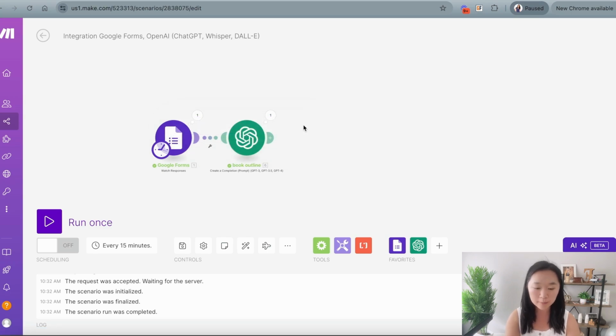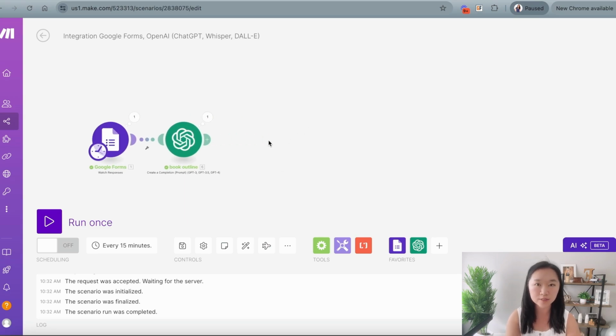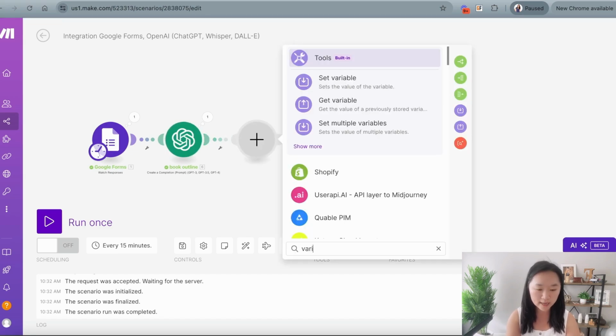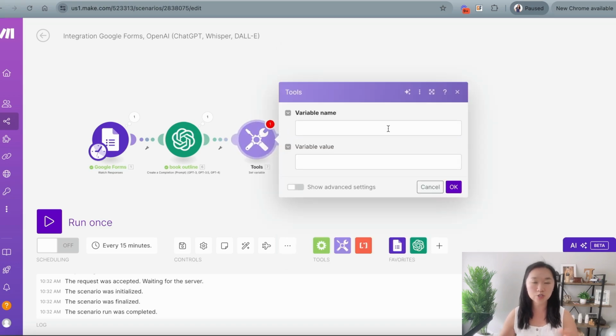This is totally optional, but I just find that it helps me organize my work. I'm going to press the plus button here again, and this time I'm going to look for a variable, and what we want to select is set variable. This is what allows us to start writing all of the chapters that we want to write in this